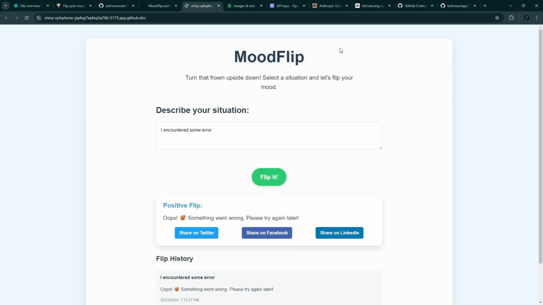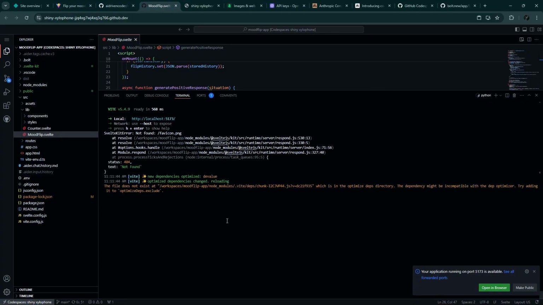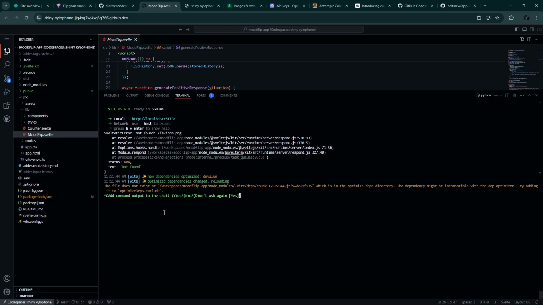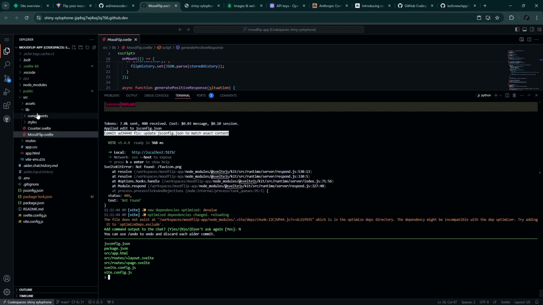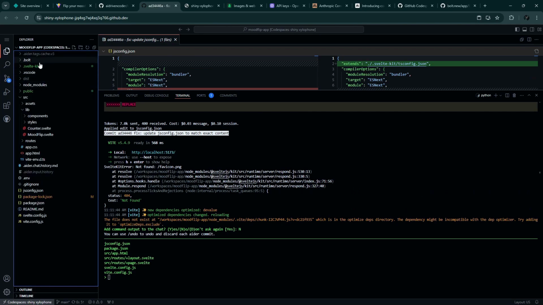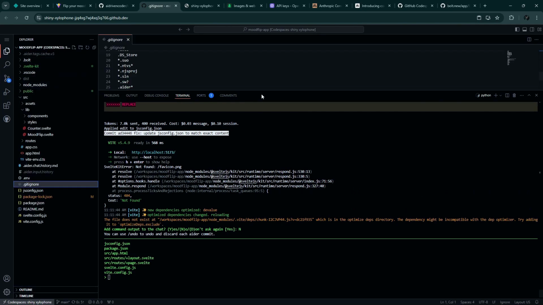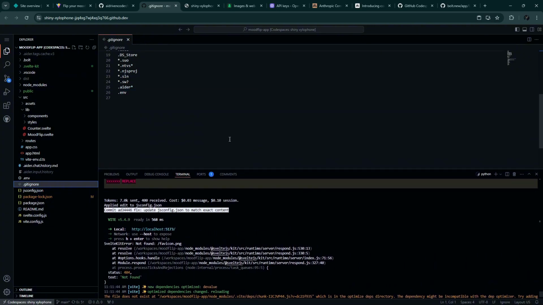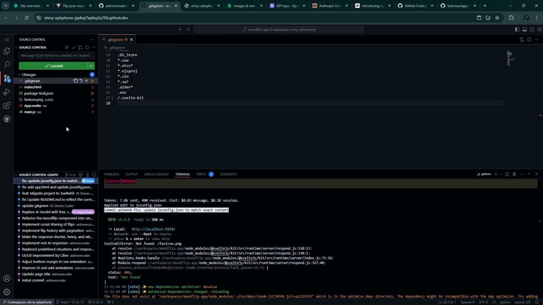Let's close this console. Let's go back to GitHub Codespaces and then let's exit out of this process. We don't need to send the command output to the chat, and let's examine what's changed here. And there are pending changes here, but this is related to the new directory that was created, the SvelteKit directory and the public directory. We can ignore the SvelteKit folder here. Okay, so the public one we can stage and commit manually.